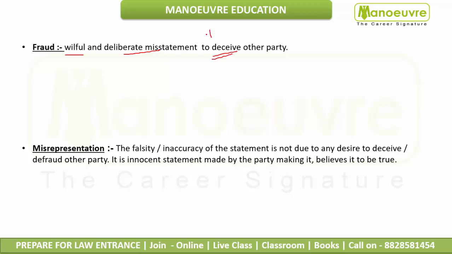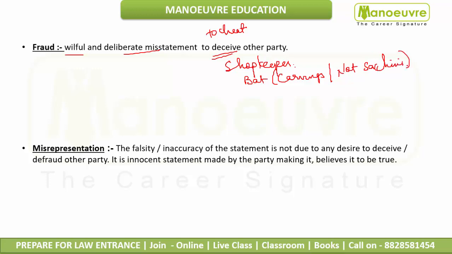Now the word deceive means to cheat. Correct. Guys, I will give a very beautiful example. If there is a shopkeeper, correct, he has this beautiful bat, and it has beautiful carvings on it. Now he knows that it is not Sachin's bat, Sachin Tendulkar's bat I'm talking about, it is not Sachin's bat, but yet, if he tells the customer,